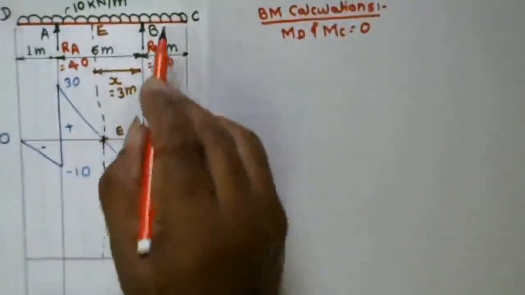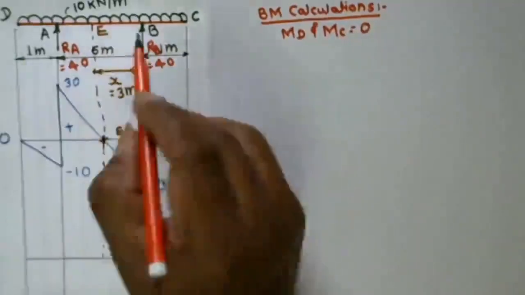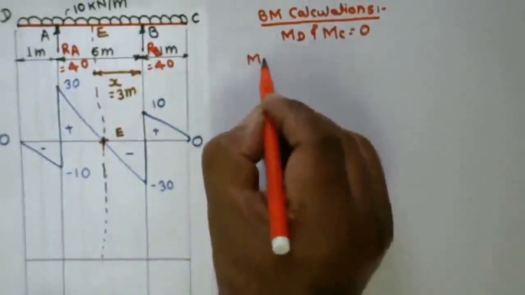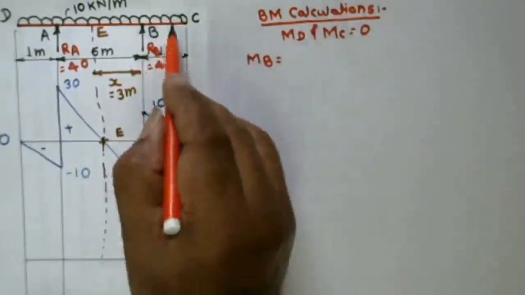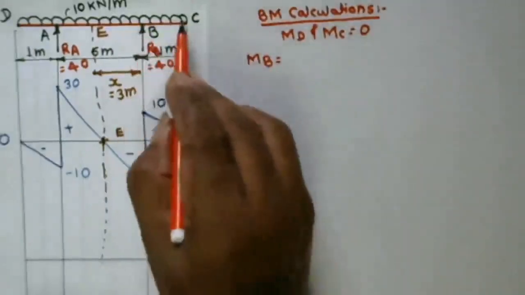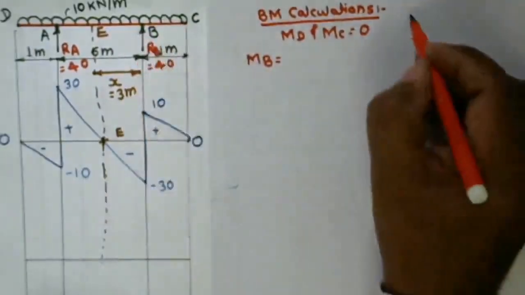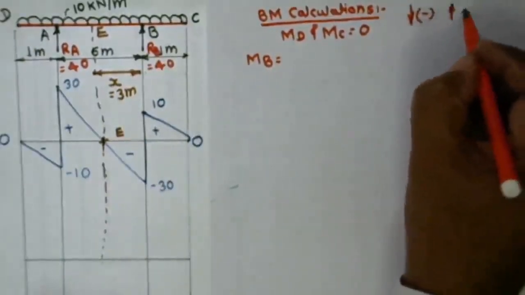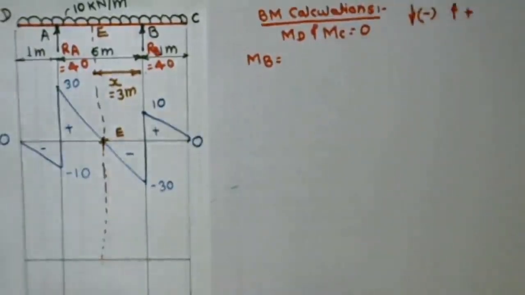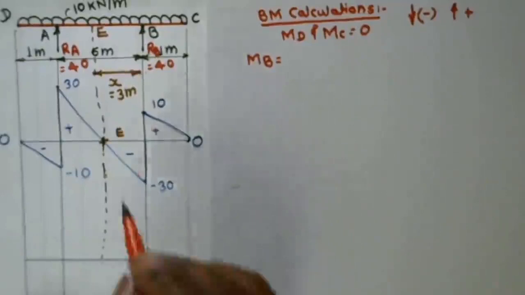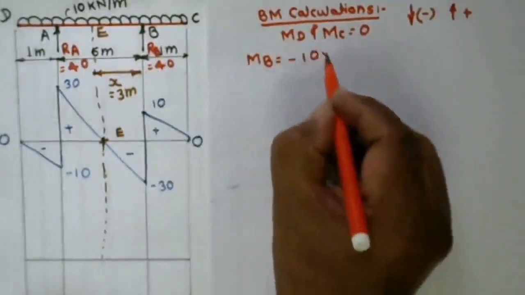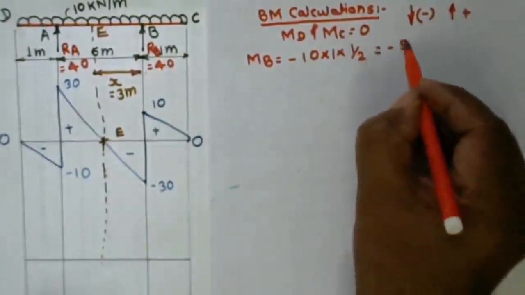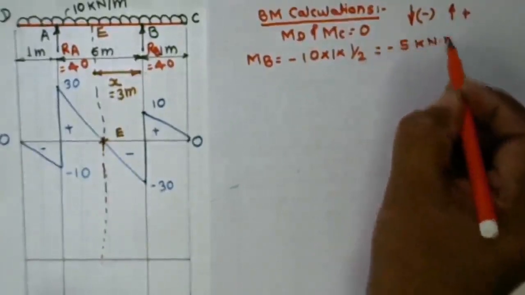Is it right? Now start from the point, right to left. Our first point is B. So take the bending moment at point B. Bending moment at point B is equal to, start from this UDL rate 10. It is acting downward. So in our sign convention, downward we consider negative, upward positive. In short, anti-clockwise positive, whereas clockwise direction negative. So minus 10, its span is 1, it is acting at its center, 1 by 2. So that becomes minus 5 kilonewton meter.